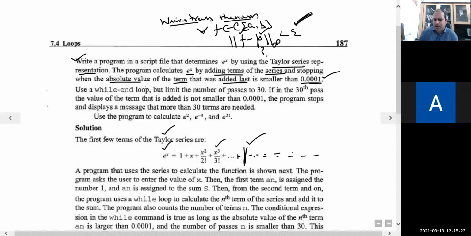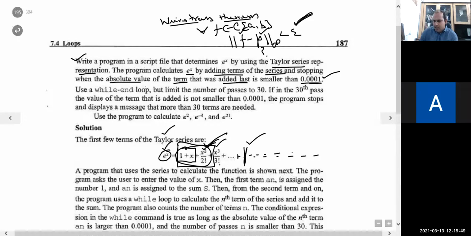So suppose I truncate it after just 2 terms. Then 1 plus x is a linear polynomial. Let me truncate it after 3 terms. So it is going to be a quadratic polynomial, of degree 2. This one is a polynomial of degree 2. So we are basically up to 3 terms. We are approximating this e to the power x with this term. And